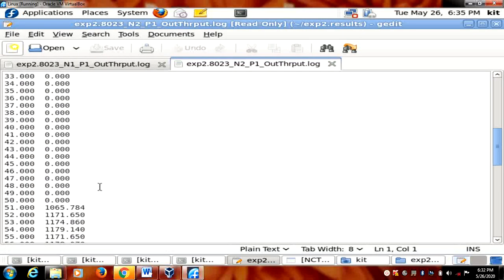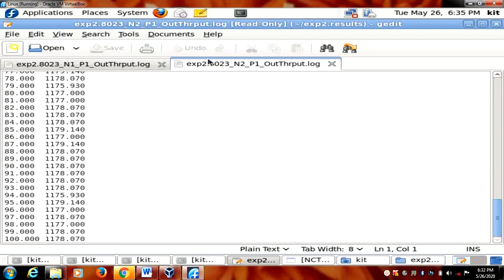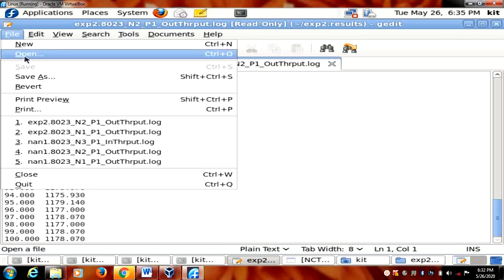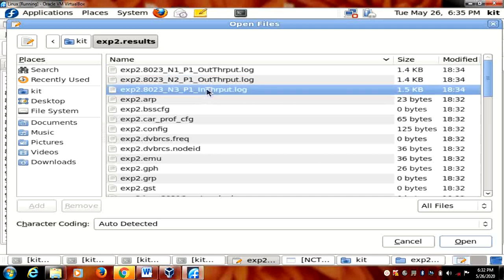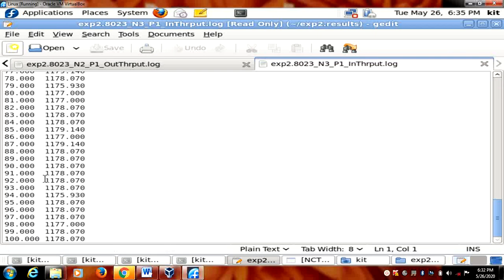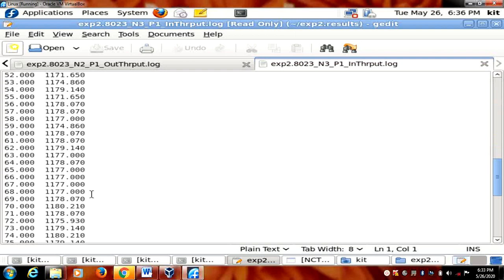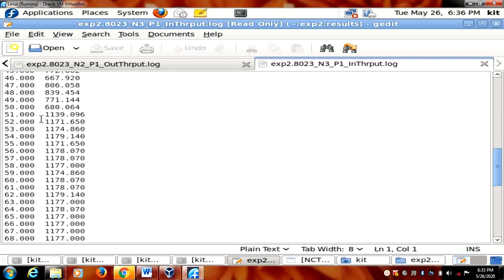After 50 I am getting 0, after 50 I am getting something. Then packets. Okay. Next go for 5. Open. Next M3, just open that. See, from 1 to 100 you have packets. That's it. You have to tabulate the things. Before, I have tabulated the things. Like this you have to compare the things and calculate. You have to take care across 50, 51, 52 because at 50 N2 is also sending the data, N1 is also sending the data. At N3 you will get both added.